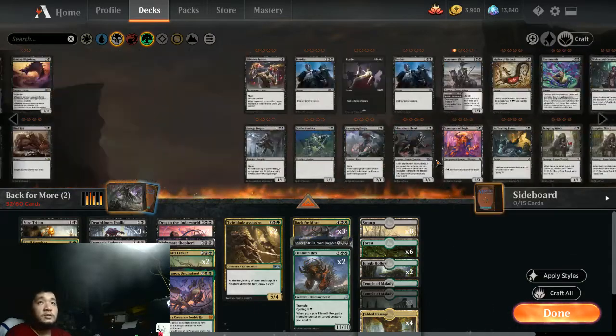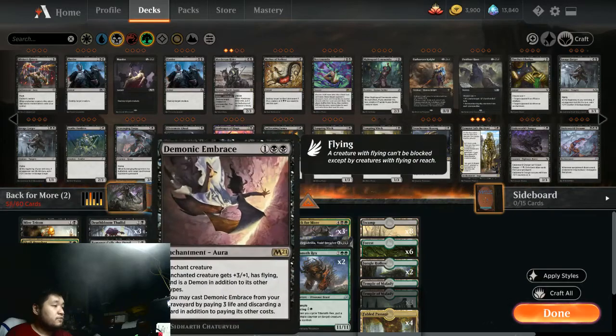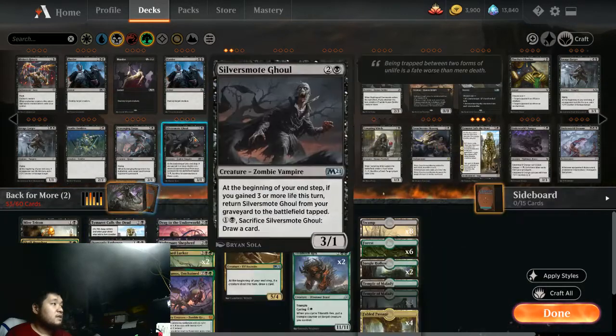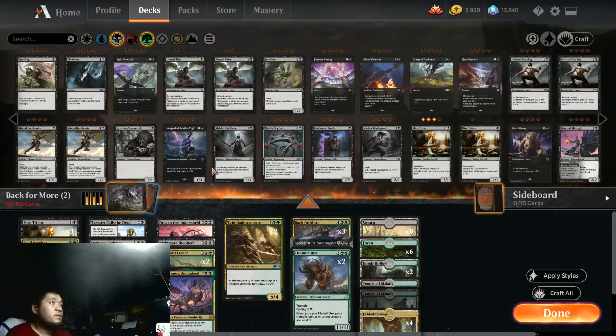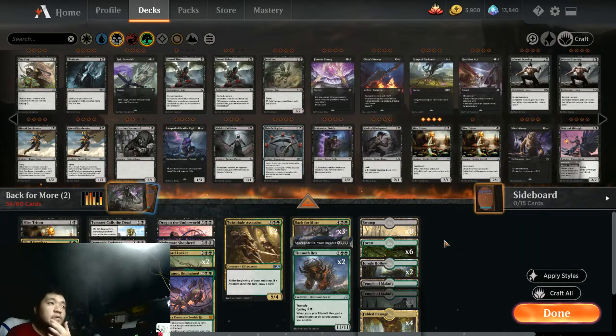So Tymora Calls the Dead is in. We need some more removal, so a few more Murderous Riders. Actually, maybe not too many Murderous Riders. The Demonic Embrace feels... okay, the Deathloom Talid doesn't feel like it's worth it. We're gonna max out the Martriton. Skull Prophet is a bit...